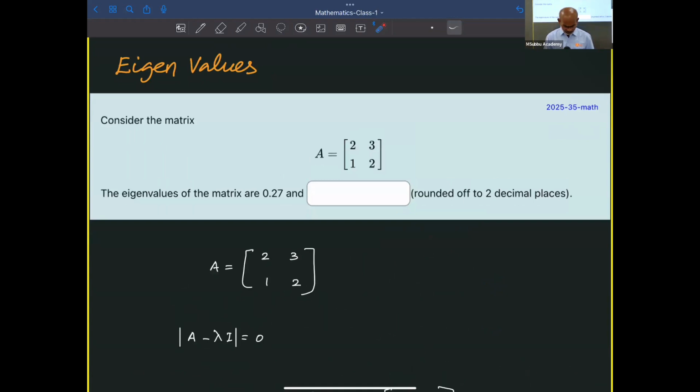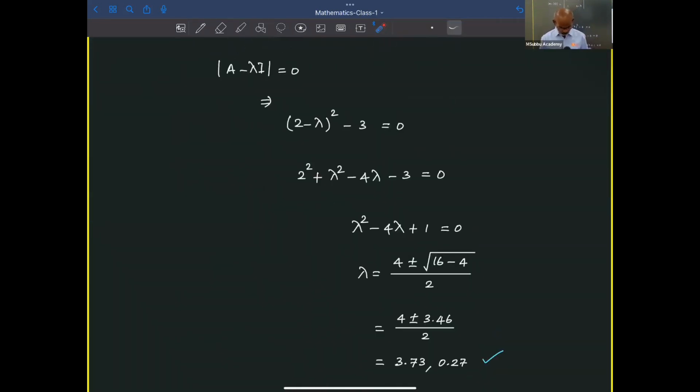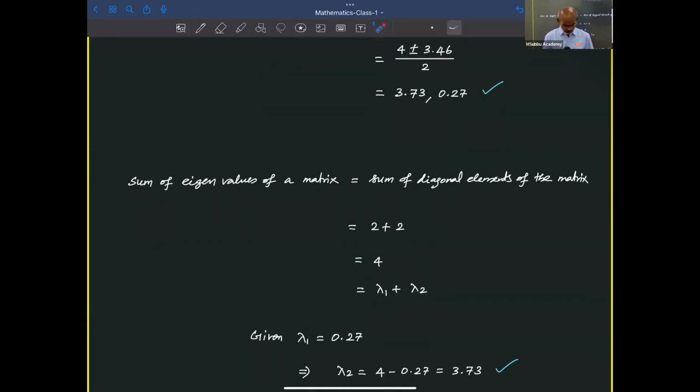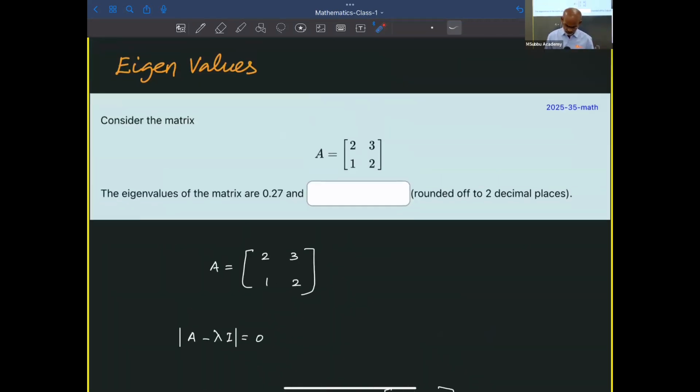Here what is given is that there is already an eigenvalue given, so we are asked to report only the other value. For this, of course, you need not do this lengthy calculation. You can easily do this simply by certain rules applicable for these eigenvalues. Simply, the sum of eigenvalues is equal to the sum of the diagonal elements. Of course, I already discussed that in the initial notes part. Still, the formula is simply the sum of the eigenvalues of a matrix is the sum of the diagonal elements,